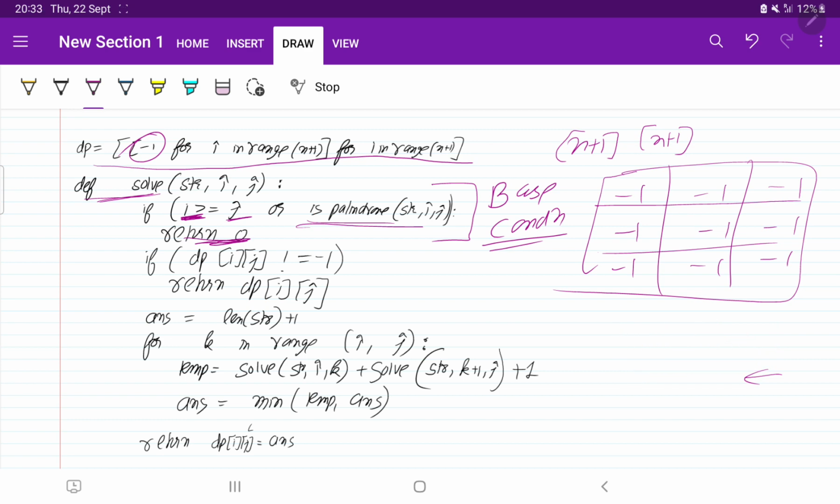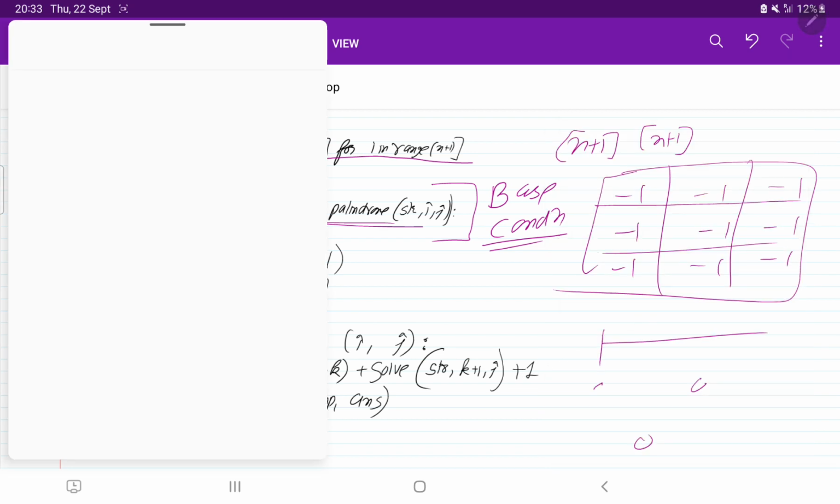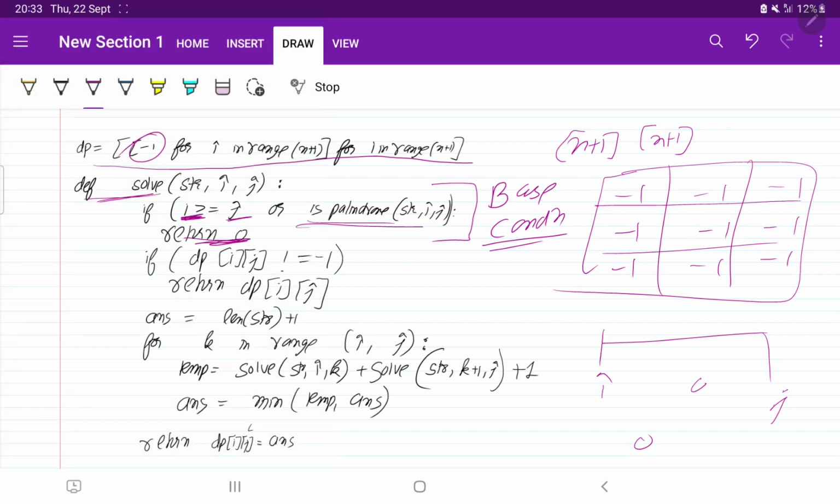Now what we are going to do, whenever we call the function, directly before solving this element, we were checking whether that string, the entire string that we were solving, that is from i to j, suppose it is here, it is i and here it is j. Okay, so we were checking whether this entire string i to j we have already solved or not. Okay, i to j, and if we have solved the problem, we were directly returning the solution.